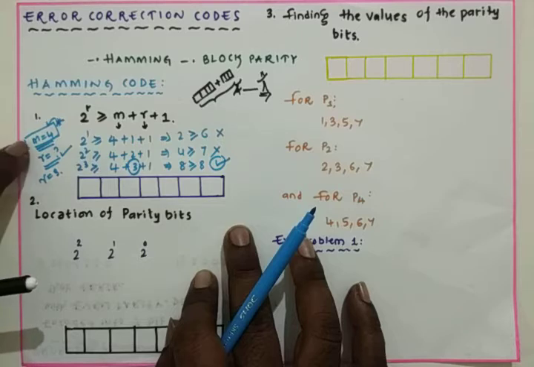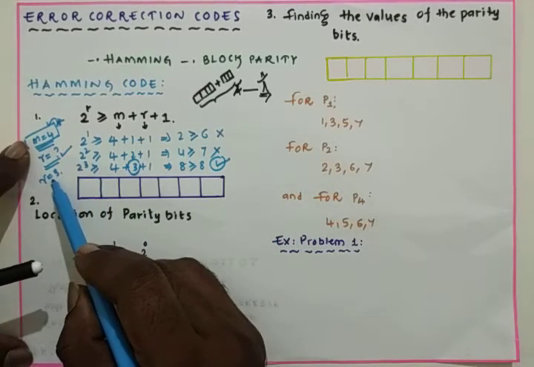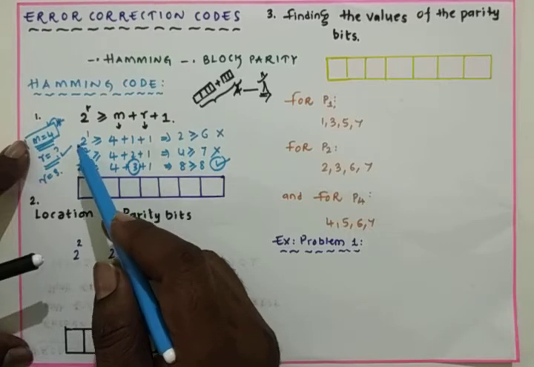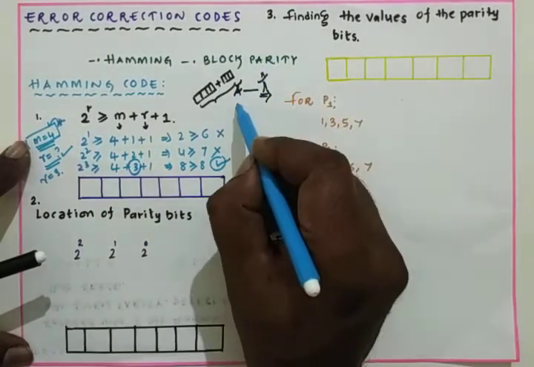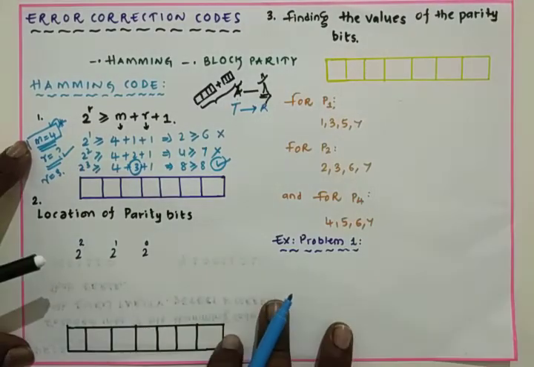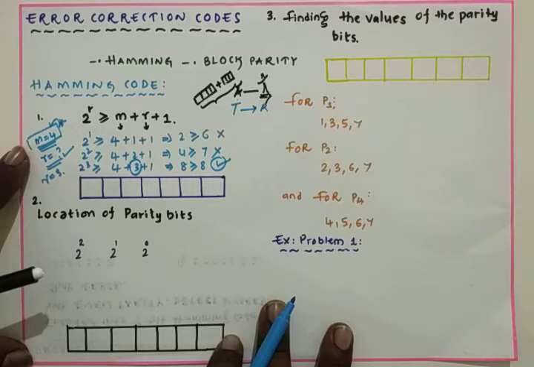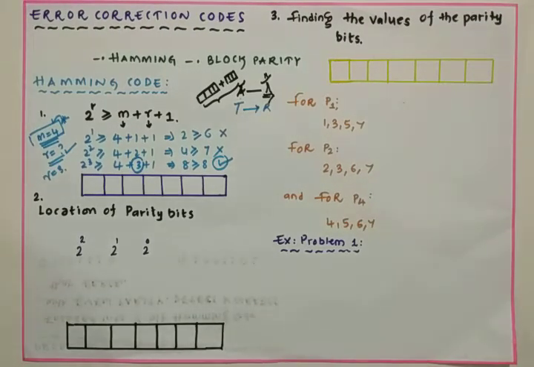If the data bits are 4, then we have to add the 3 parity bits to the data, such that the data along with the parity will be transmitted from the transmitter to the receiver. Parity bits will be transmitted along with the data. Now the point is very clear. If the number of bits in the data is 4, then we have to add the 3 parity bits. But the question is where we have to add the parity bits.